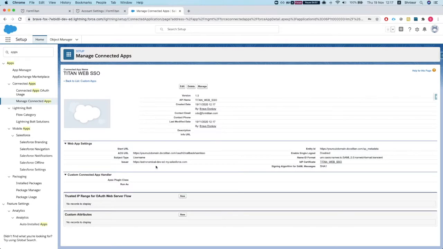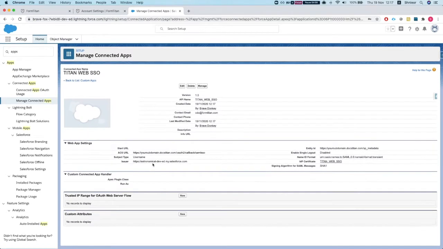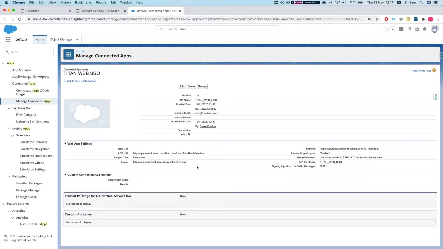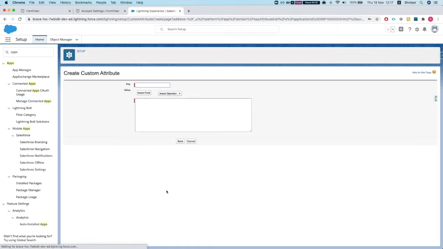and we'll give it a second. And now what we want to make sure of is that we give profiles access to be able to access this connected app. We'll look into it in a second. For now, since I want to use custom attributes such as a session, I would like the users to be able to use their own session once they interact with the Titan Web